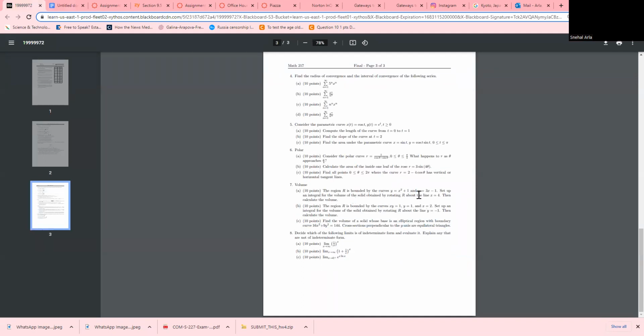Region R is bounded by the curves y equals x squared plus 1 and y equals 3x minus 1. Set up an integral for the volume of the solid obtained by rotating R about the line, then calculate the volume. Okay, so